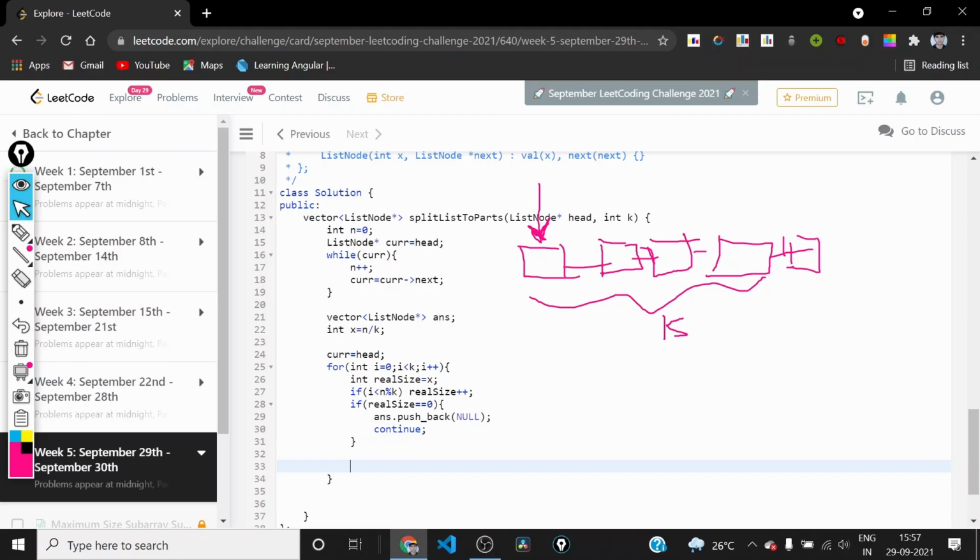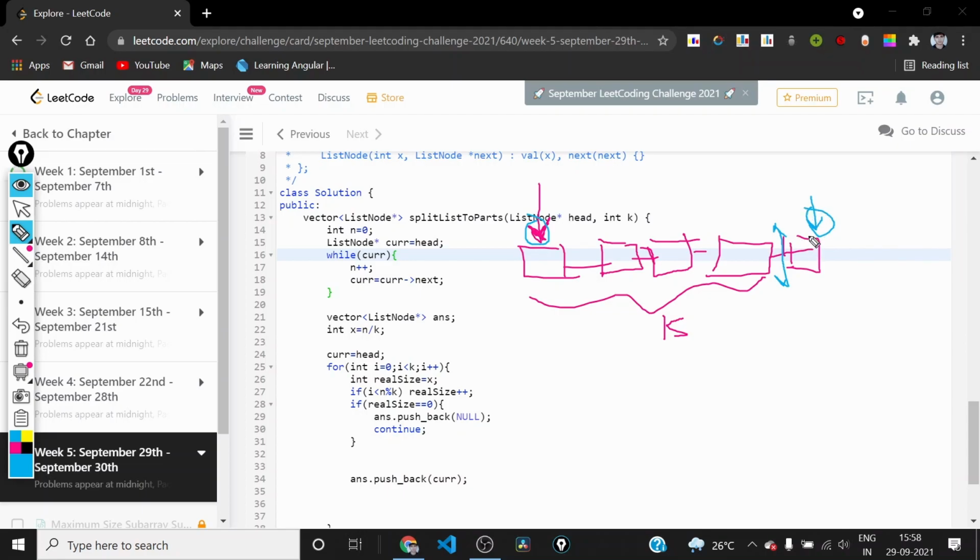So if this is not the case, if everything is normal, then first we will push the present current pointer, because that is the head of the current segment. And in the end, after these k nodes, we need to disconnect this part. So basically we have to disconnect here. And we need to set current to the next part, so that we can do the same thing for it. So after doing k iterations, this current node will reach here.